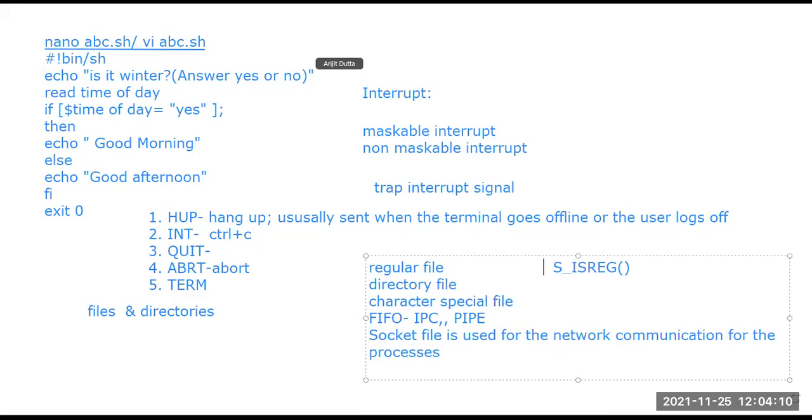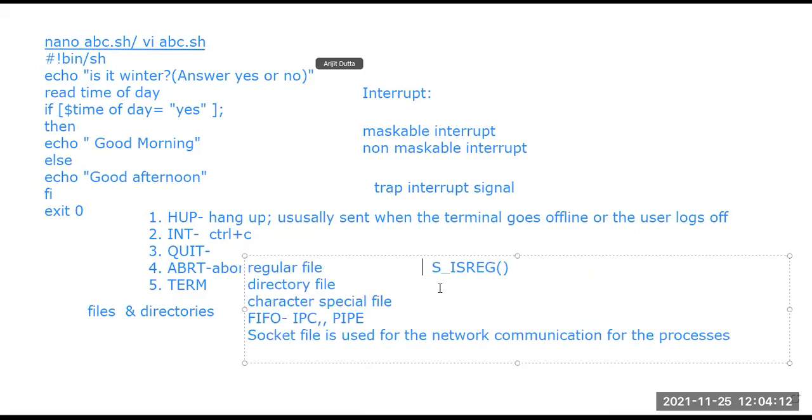Then for the directory file, it is very similar: S_ISDIR. Then for the character special file, it is